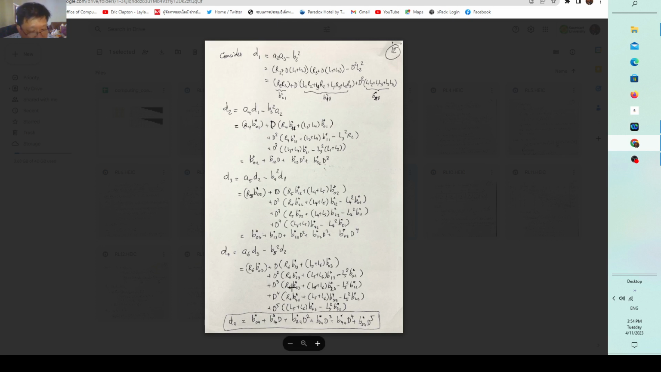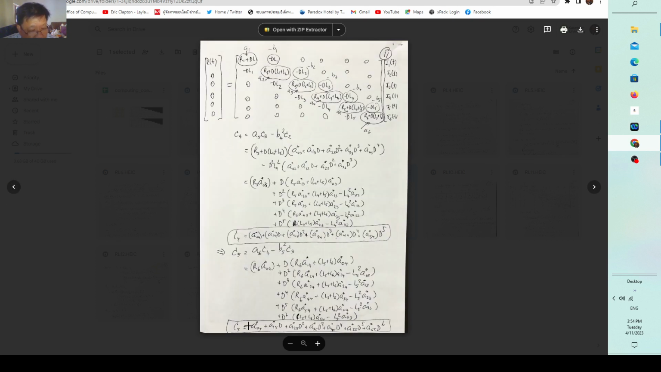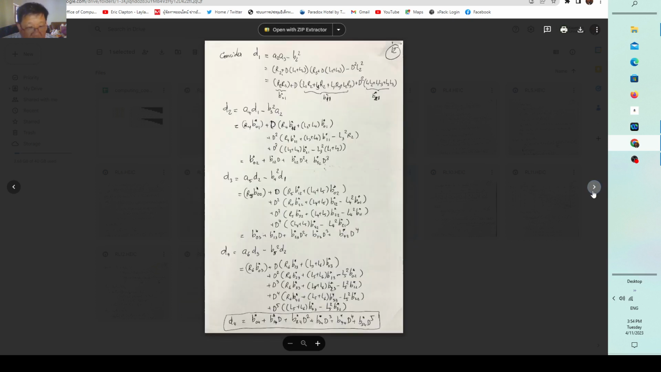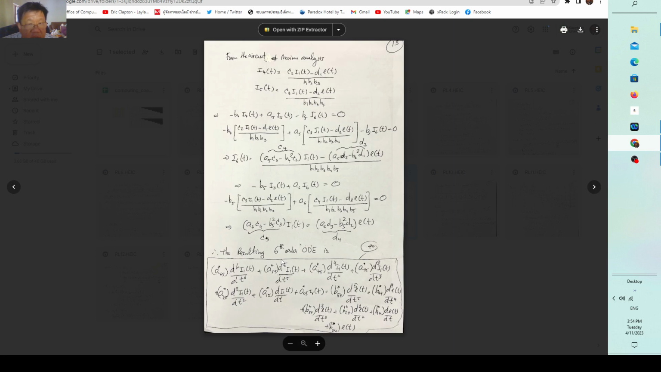So D sub 4 over here becomes a polynomial of order 5. You are going to see that, but for C sub 5 you get a polynomial of order 6. And this is the corresponding governing equation for this 6 loop RL circuit connected together. Okay, and also once you get this derivation, again,